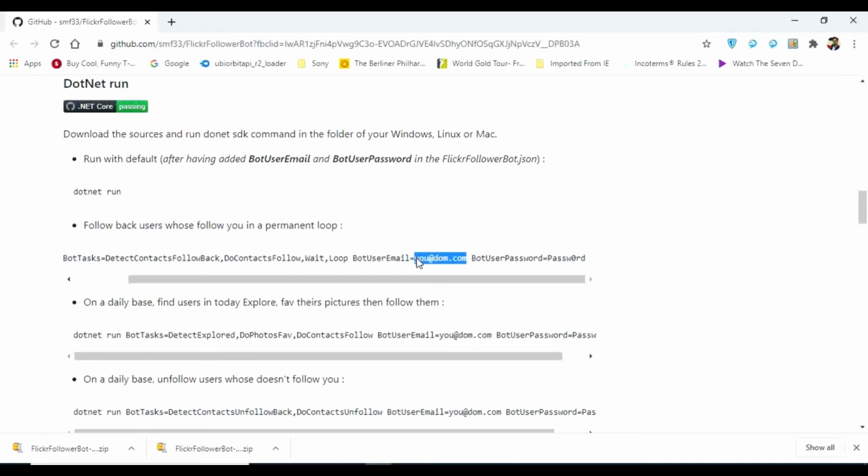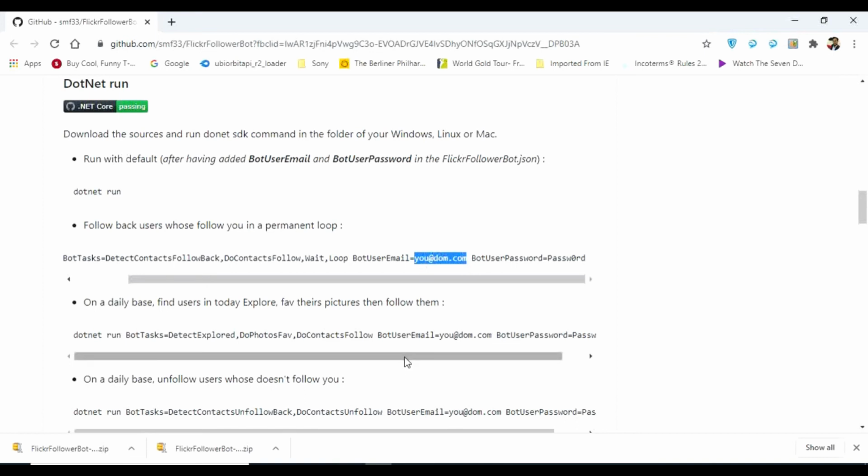I am showing you this for this specific project. There can be different projects from Git repositories, and for those there may be different procedures you have to follow. But for this project we need this email ID, this bot user email.